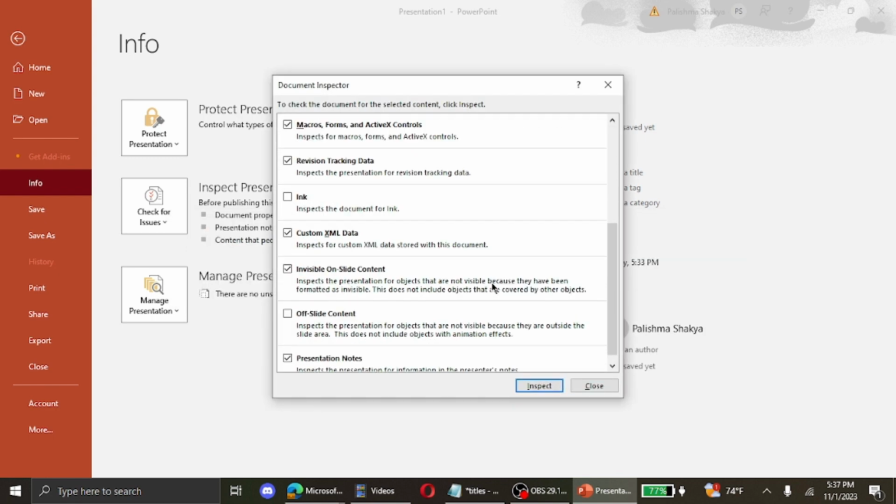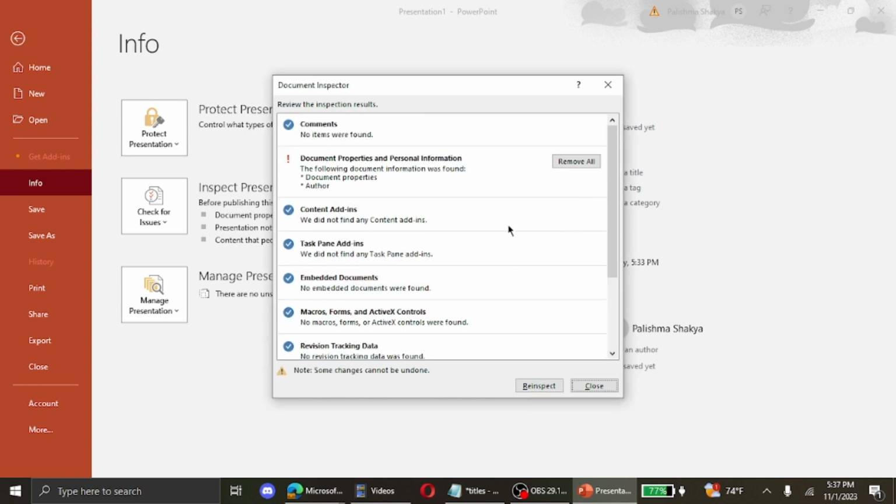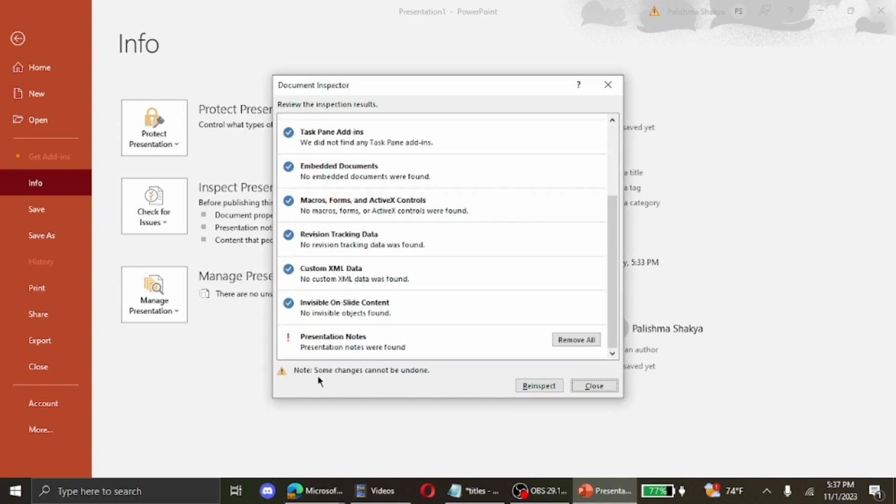Now, scroll down and at the bottom of the list, you will see presentation notes. Make sure that this option is selected and that this box in front of presentation notes is selected. Now, go ahead and click on inspect. After that, you scroll down and you can see that again at the bottom of your list you have presentation notes. So if you want to remove all the presentation notes on your PowerPoint presentation, simply click on remove all